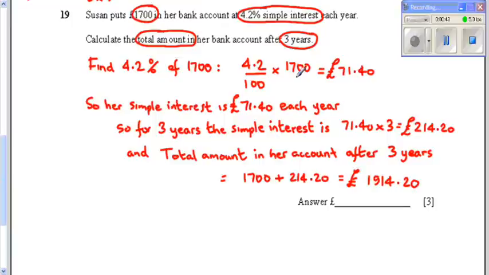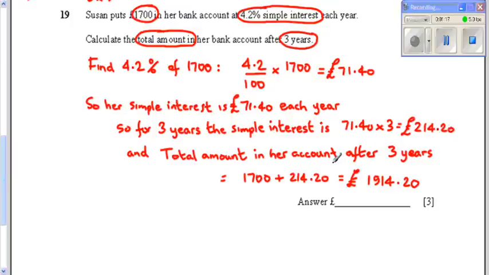£1,700. So key that into your calculator. 4.2 divided by 100 multiplied by 1,700, and you get 71.40. That's the amount of interest they earn each year. So with simple interest, it's the same amount each year. So if we've got 3 years to take into account, so it's going to be 71.40 multiplied by 3. So the total interest over the 3 years is going to be